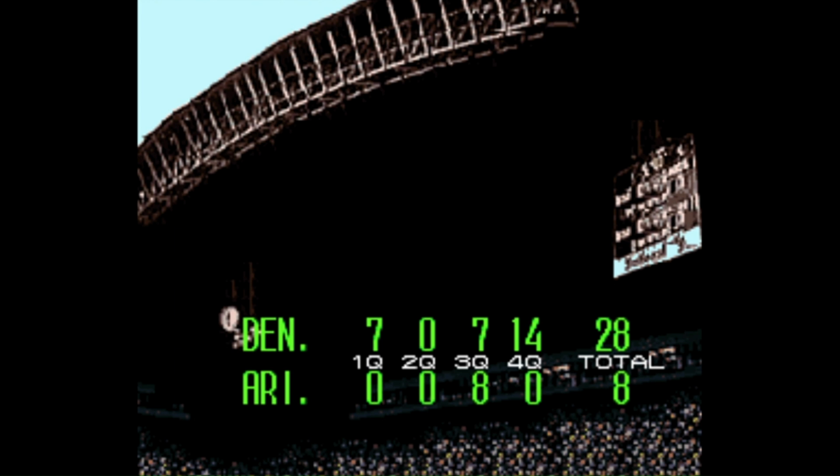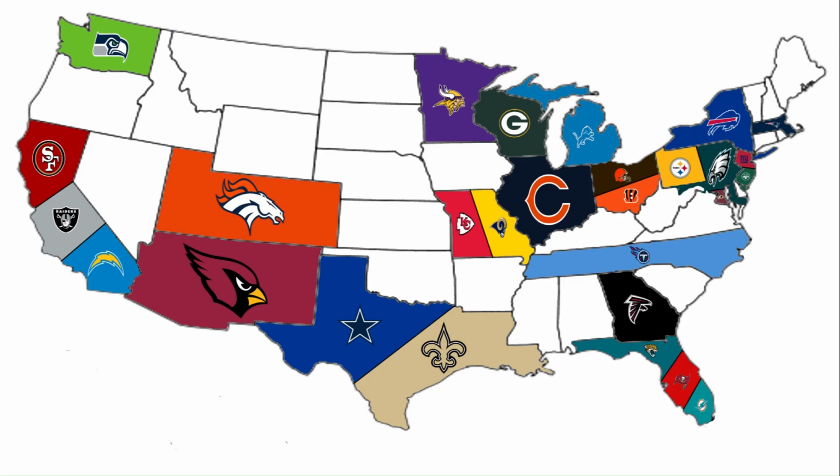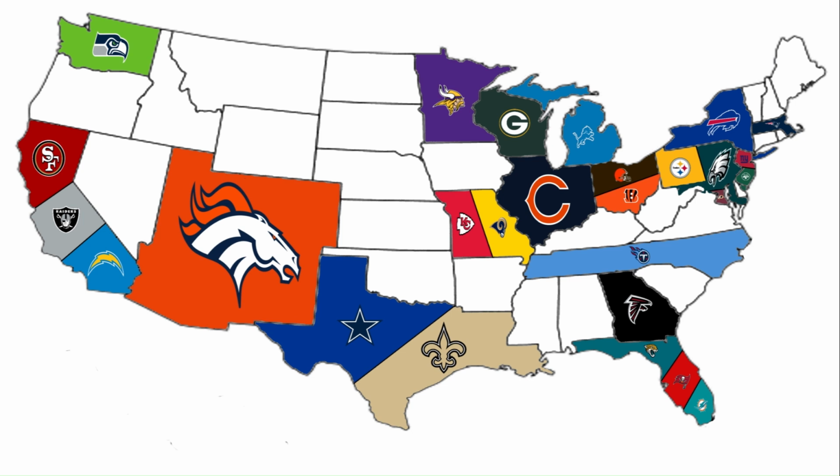They get another score before the end of it. We have our final score of 28-8. And this battle for all that land is for now the largest piece of land, which belongs to the Broncos. They take over the Cardinals' territory and knock them out of imperialism.